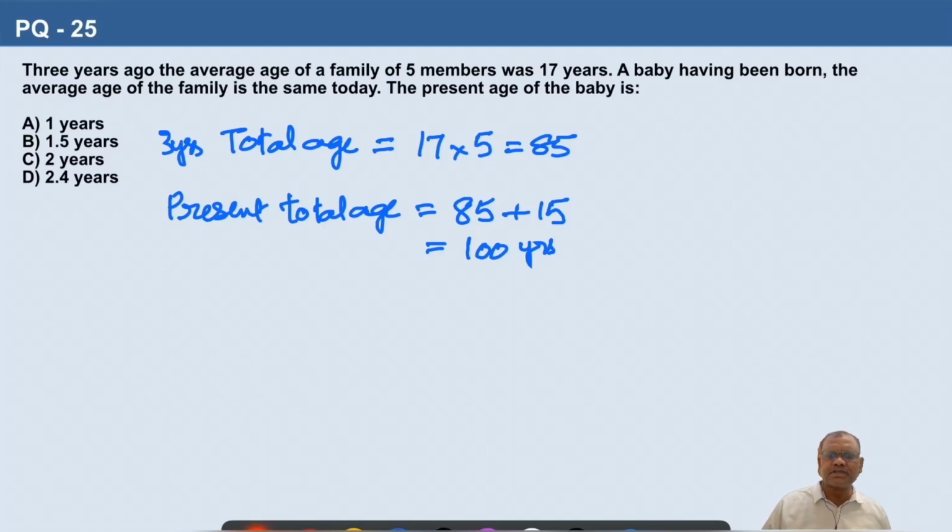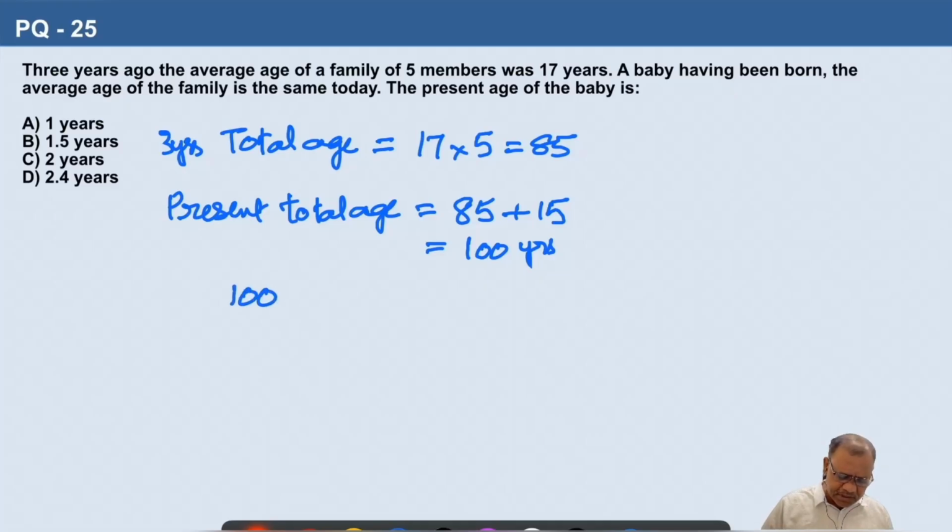Now, at present there are how many members? 5 members were there earlier. A baby was born now. So there will be 6 members now. And present average is again the same as the previous average. So the previous average is 17. So total is 100 years